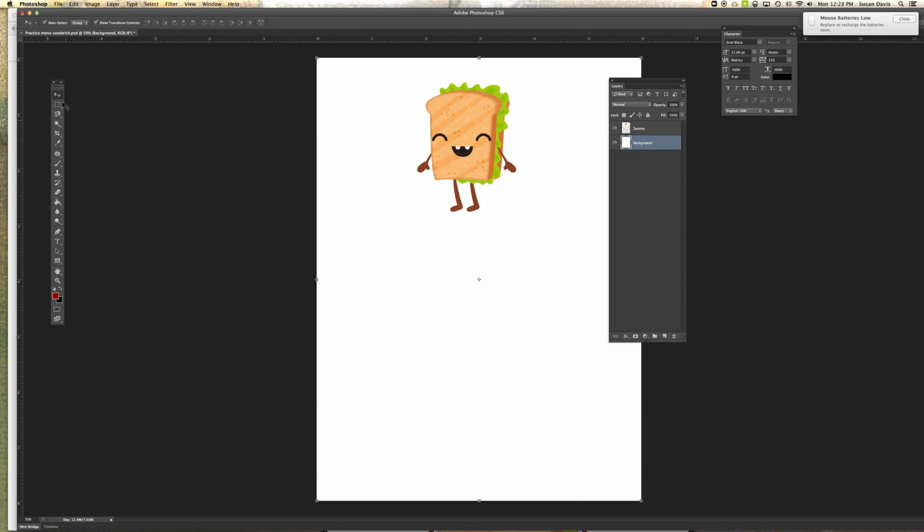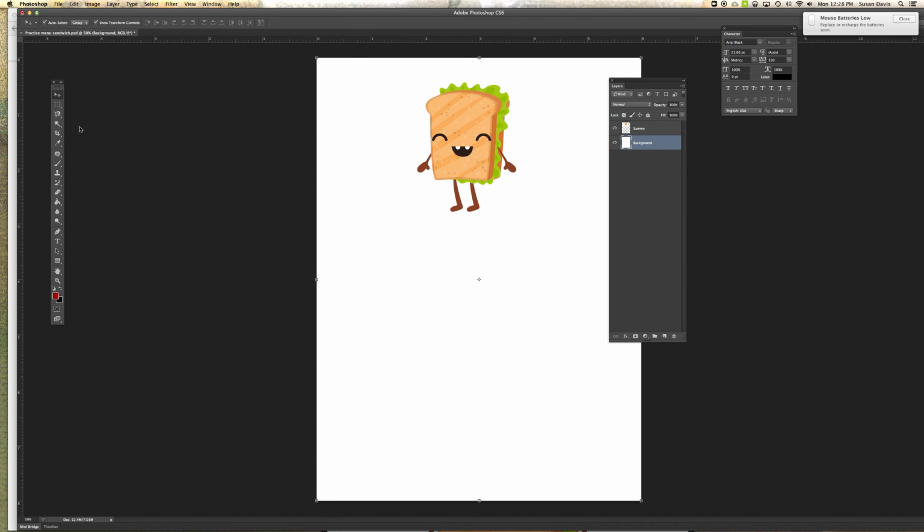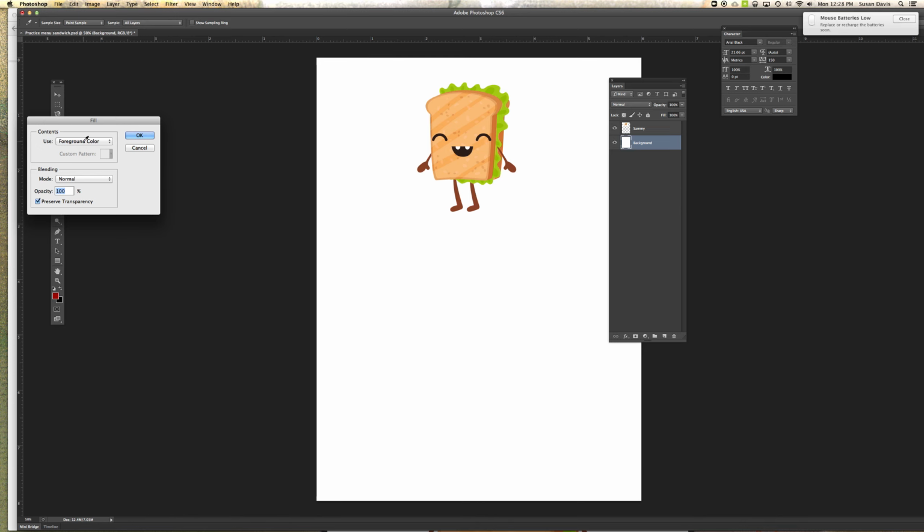So again, if it's selected, and it is, you can tell, I want to deselect it by clicking in the black space. I do want it selected, I'm sorry. So I click on my background layer to make it selected. I want to go to Edit, Fill. What color do I want? What goes good with a sandwich? Maybe we'll make our background